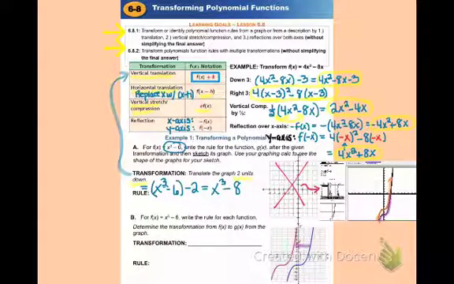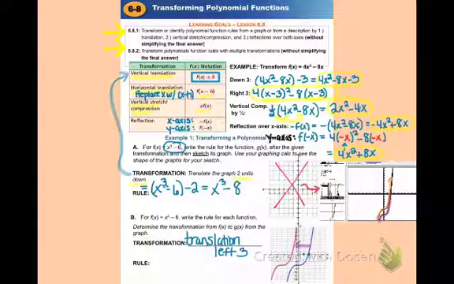And if we picked a certain point, say maybe this point right here, and we look to see how many units it moved to the left, it looks like it's moved 1, 2, and 3. So this looks like a transformation, a translation left 3. So if I want to go ahead and write the rule for that, remember that it's a horizontal slide, which